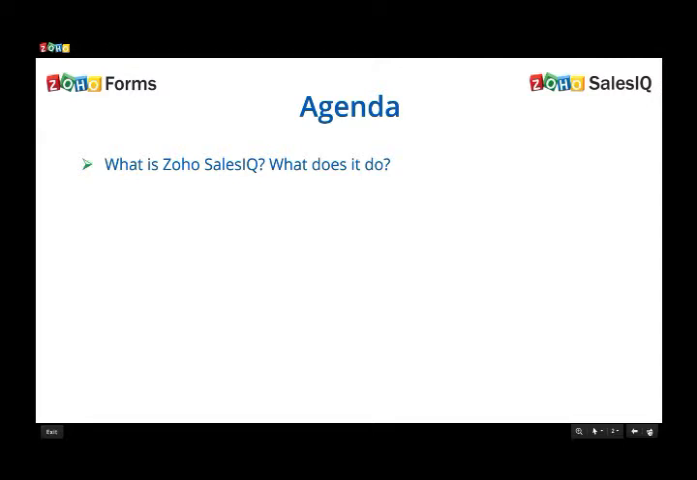If you're using Zoho One, for instance, then you would already be familiar with Zoho Sales IQ, but may not necessarily know how to use it. So this will be a good chance for you to find out how to use one more Zoho product available in your Zoho One bundle. And